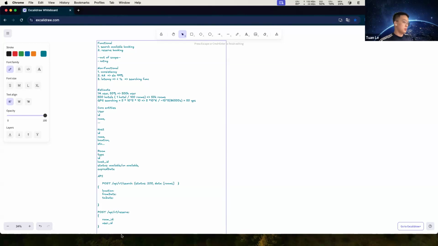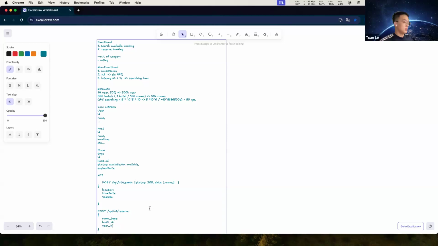Room type. So in this, I want to input the room group type and the hotel.